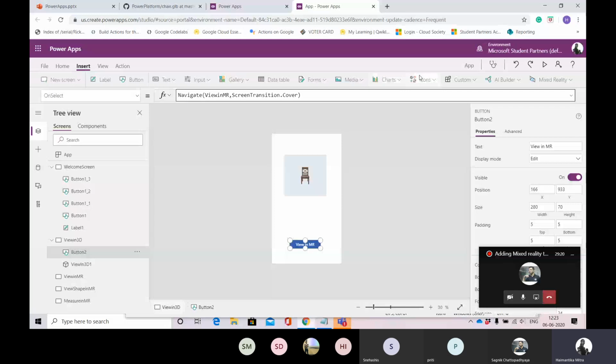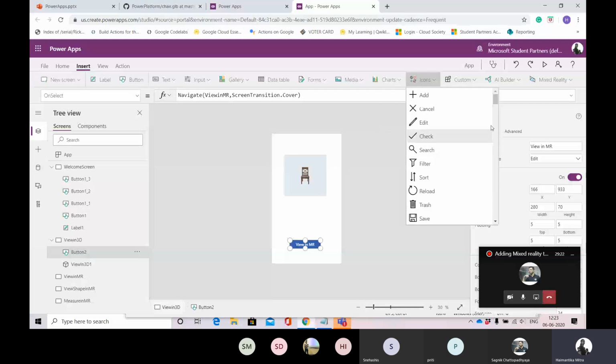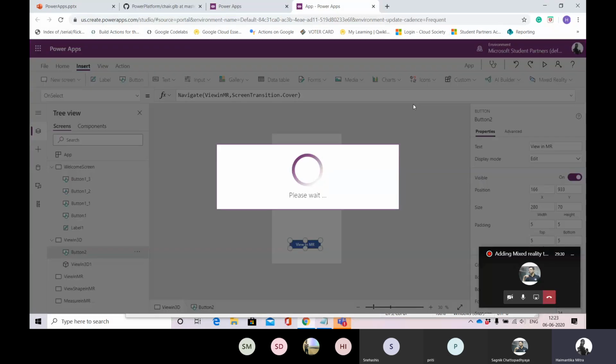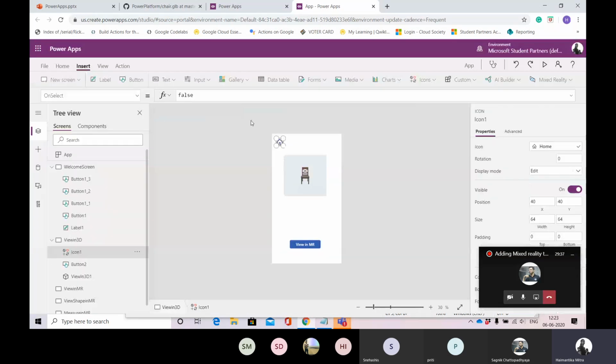And if you want, you can add icons as well. Suppose I want this home icon, that will lead me to my welcome screen every time I click on this home button. So let me just go forward and add this. Yeah, so this home button will always navigate to my welcome screen.